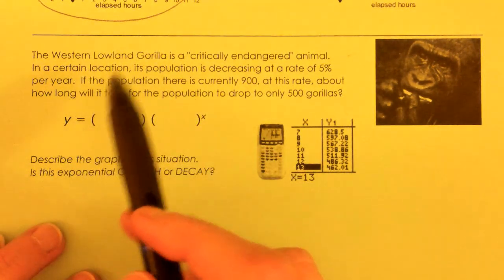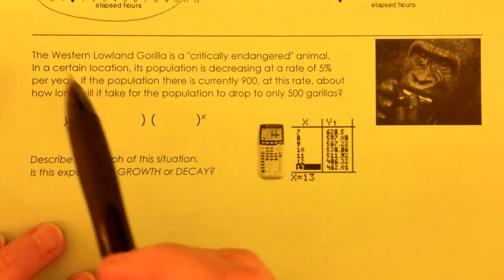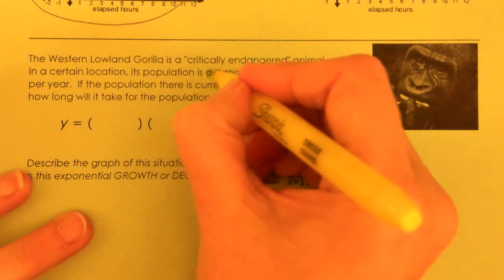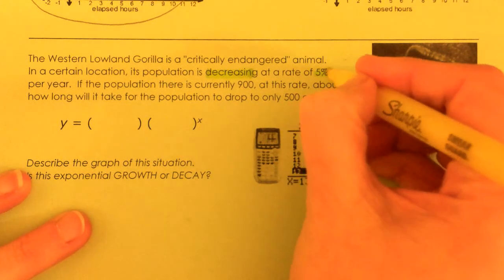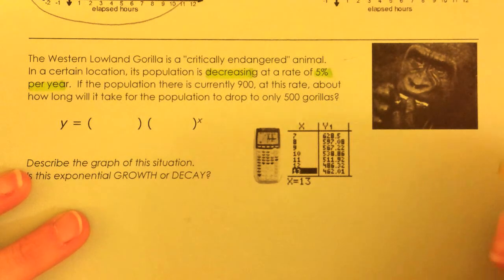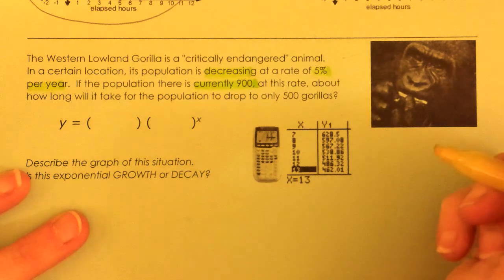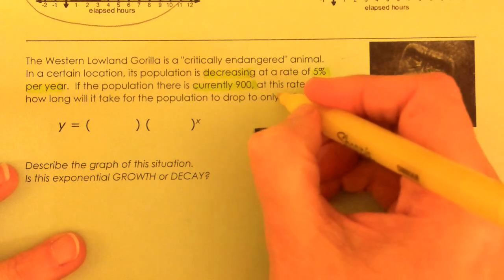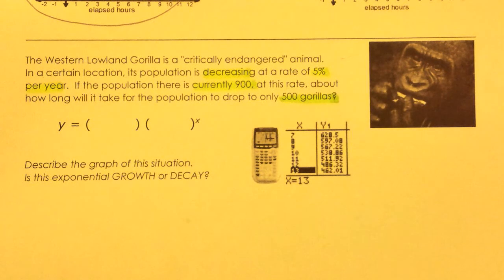So it says the western lowland gorilla is a critically endangered animal. In a certain location, its population is decreasing. So I'm going to highlight decreasing at a rate of 5% per year. If the population there is currently 900, about how long will it take for the population to drop to only 500 gorillas? Okay, so first thing I have to do is figure out what my